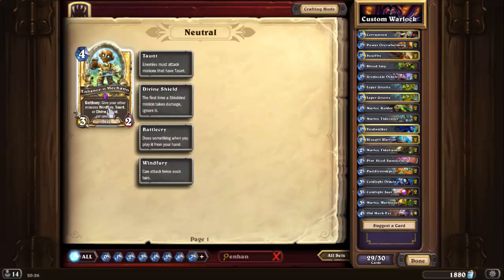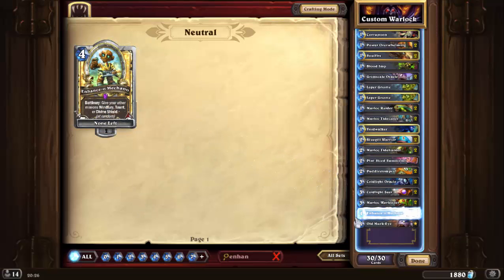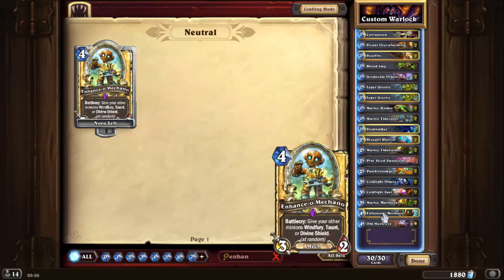is the Enhance-o-Mechano, which is a card added in the recent Goblins vs. Gnomes expansion. This card gives the rest of your minions on your board either Windfury, Taunt, or Divine Shield. This is obviously at random, so it can be a little bit hit and miss. But if you have a board full of Murlocs and you're in real control of the game, throwing this down and getting Windfury on the right one can make a massive difference. Or even getting just Divine Shield